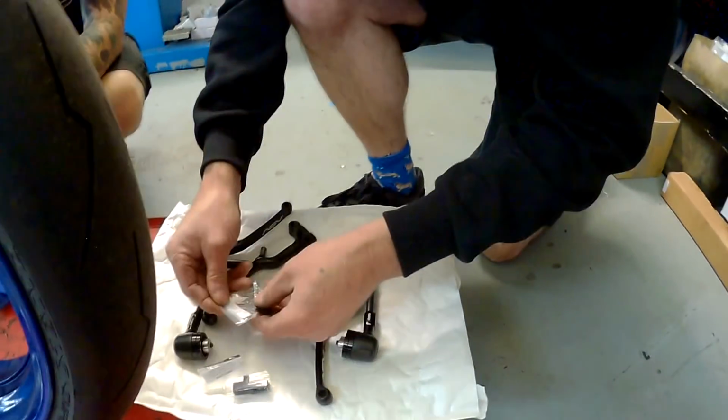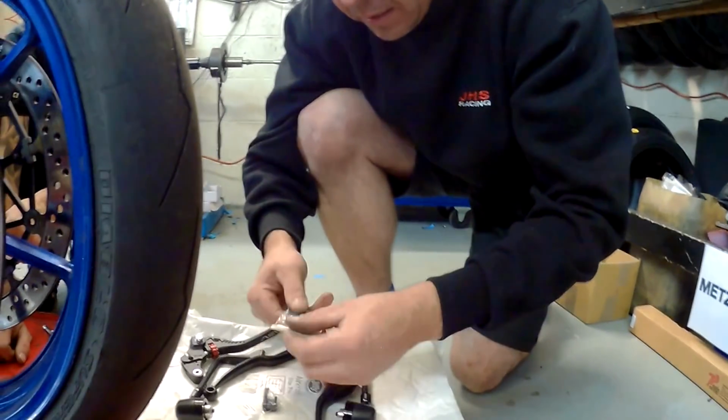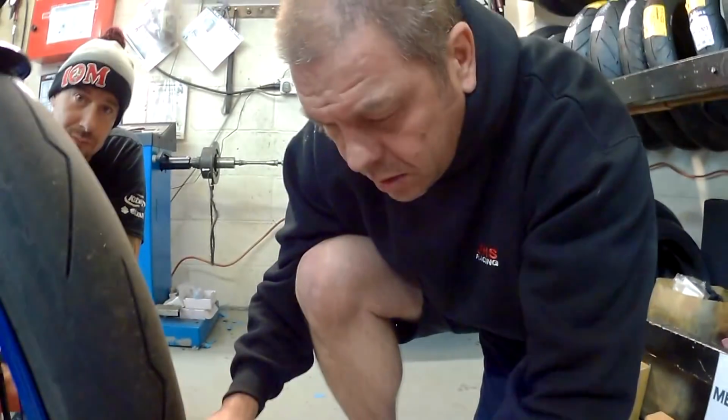So this is quite interesting. They supply all of these. So if you swap to say a Yamaha or whatever, you could actually take your levers off. Well, this lever may fit a multitude of other bikes. So this may fit a Honda, a so-and-so, a so-and-so. So you just take it off and you've got all your fitting kit. So if you buy a set of ASV levers,